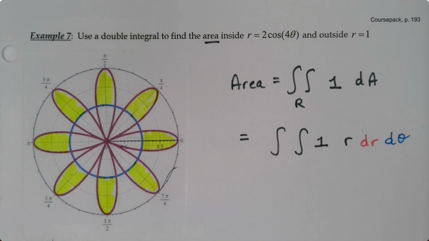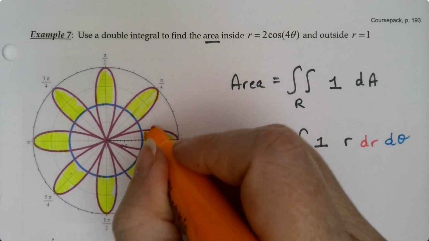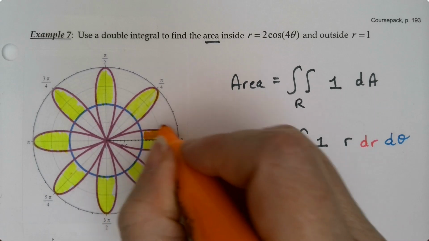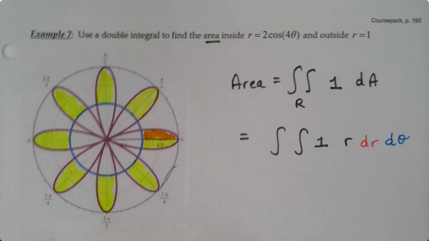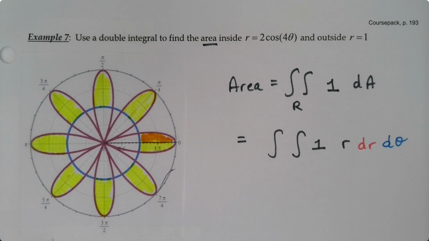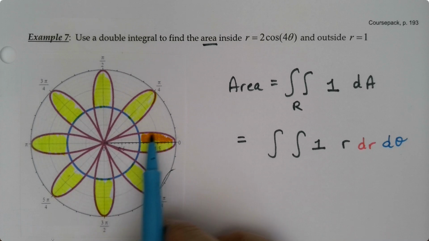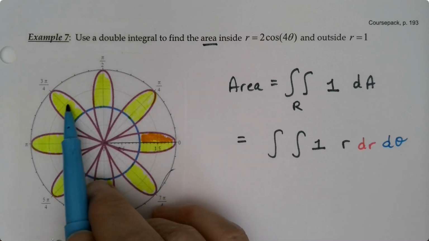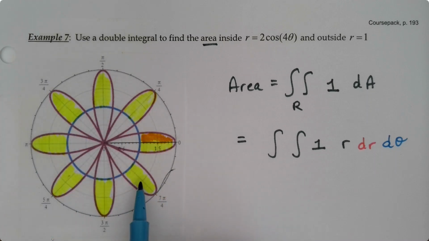No problem there. Now, here's where you want to get smart. You don't want to do all of this because that would be super irritating. What you want to do is find just one piece of it right here. If we can just find that one piece, then we can figure out all the rest of it. Because this is area, it's all going to be identical. This is automatically symmetrical. So I just need to find this section, and I think there's 1, 2 of those